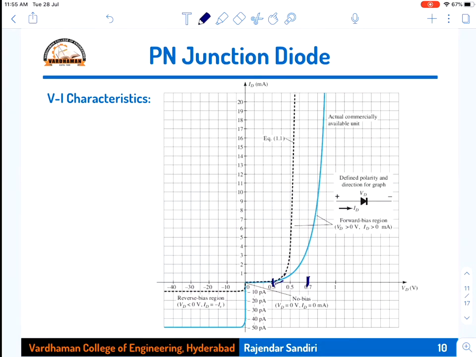Other one is reverse. The current is, say, picoamperes or nanoamperes or microamperes. Very, very small, constant. That's why the line is constant. See, the line is constant. It does not vary, whereas in forward bias, it is increasing linearly. But in reverse bias, it is almost the same, because that is the reverse saturation current. Minority charge carriers are constant, fixed in number. Therefore, the current will be constant and it is a line. Okay, so this is what the VI characteristics graph is showing you.